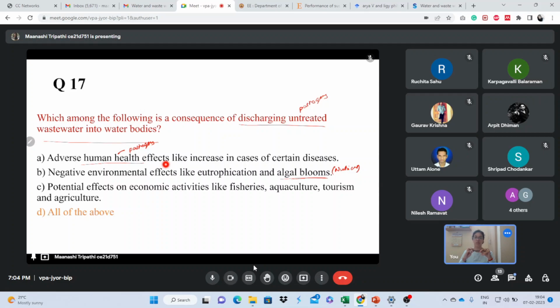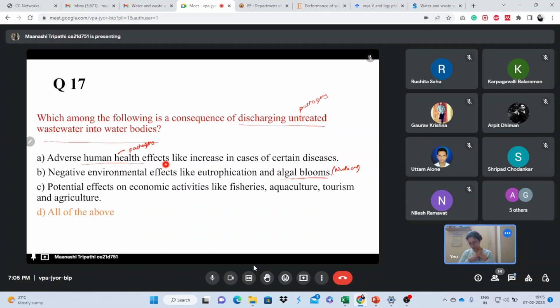Okay, very good. So what will happen? They will form a mat. Sunlight won't penetrate inside the water body, so plants inside won't be able to perform photosynthesis, and they will die. Algae are also consuming oxygen. So oxygen is reducing, but no one is there to produce oxygen. So eventually all the animals and plants present inside the water body will be gone. This is the problem related to eutrophication and algal bloom.